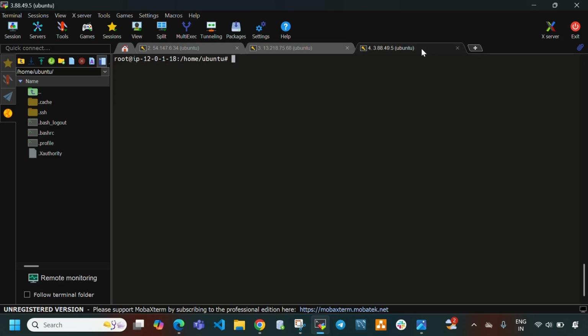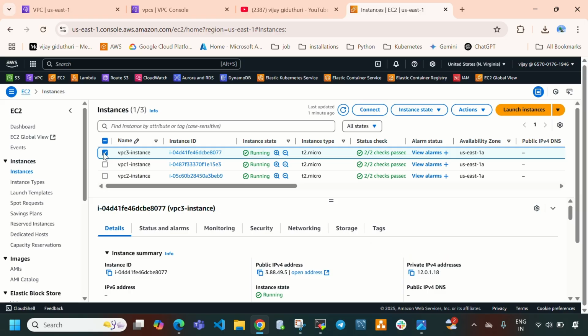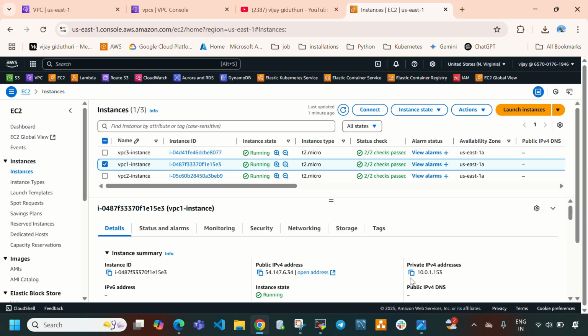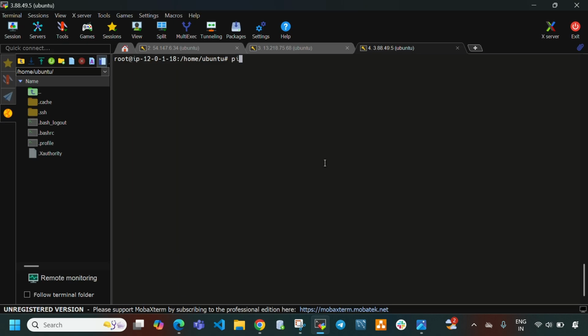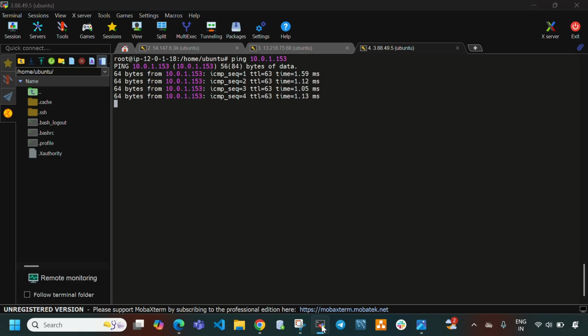Now let me open instance 3 and ping instance 1 and instance 2. Let me copy the instance 1 private IP address and ping from instance 3 to instance 1. Here you can see ping is going and it is coming back.